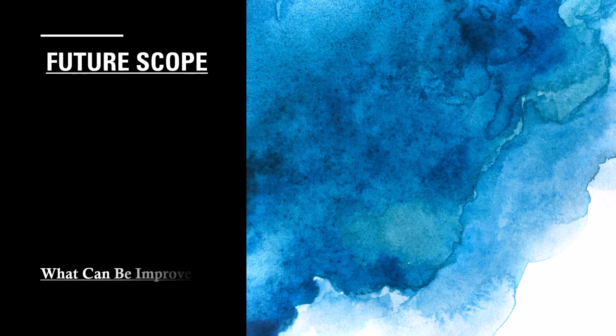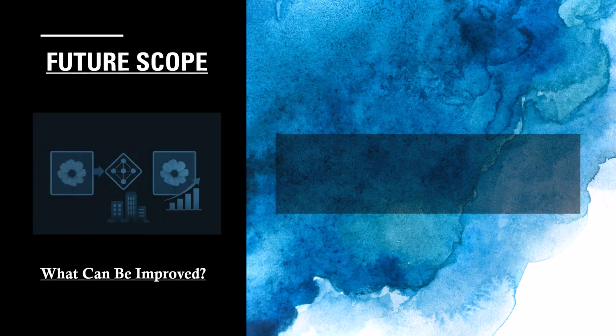Lastly, we come to the future scope of this project, particularly what can be improved and what are the applications for this kind of project. So the model enhancements that can be done are we can use deeper encoder and decoder architectures, like adding resnet blocks, etc. And we can also use skip connections, like the type we use in U-Net style architectures, or we can also try to incorporate attention mechanisms to give more attention to the parts of the images that have been